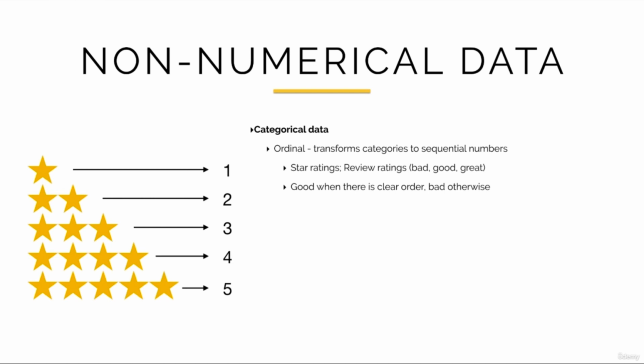Another example is if you have review ratings, which generally say this is bad, this is okay, this is good, this is great, that you can again assign numerical values that are increasing. So you can go 1, 2, 3, 4, 5, and the 5 is actually better than the 4. So using this kind of transformation is good when there's a clear order in your data, but otherwise it can